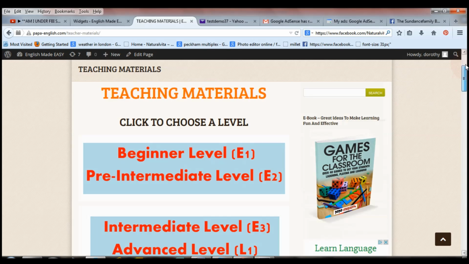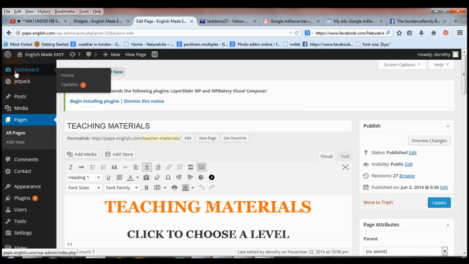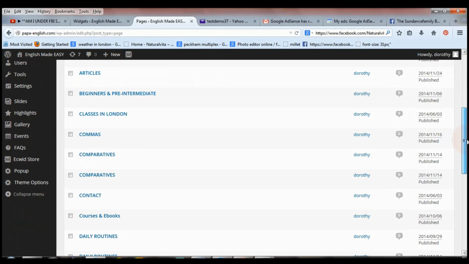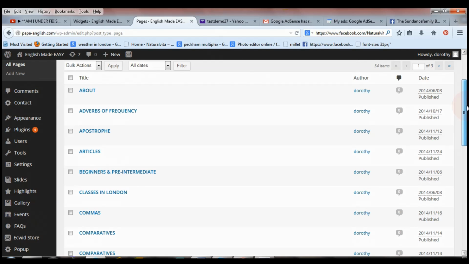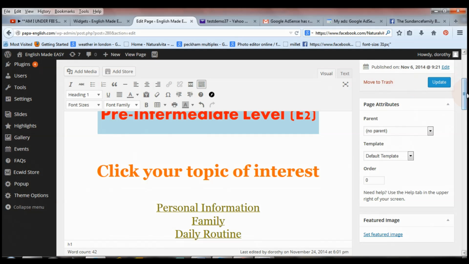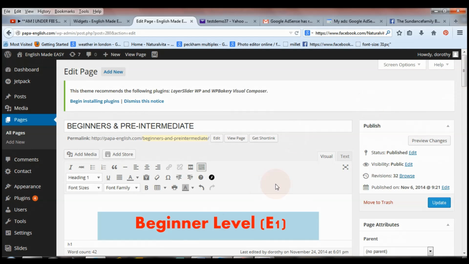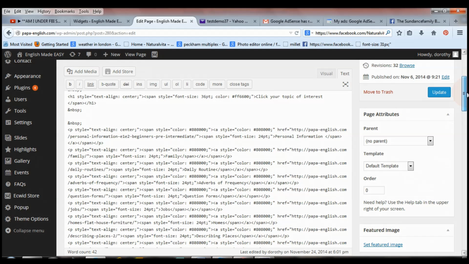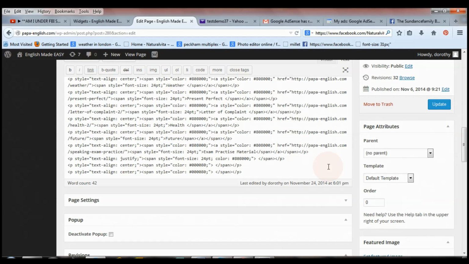And if you want to add it to your page, for example, at your dashboard here, just click on Pages, and then choose the page where you want your ad to show. And I'm going to click here. So for example, beginners and pre-intermediate, just for demonstration purposes. And once you're in this page area, you want to click on text, and that's where you can then copy and paste the code. I'm going to put it right at the end of the page,